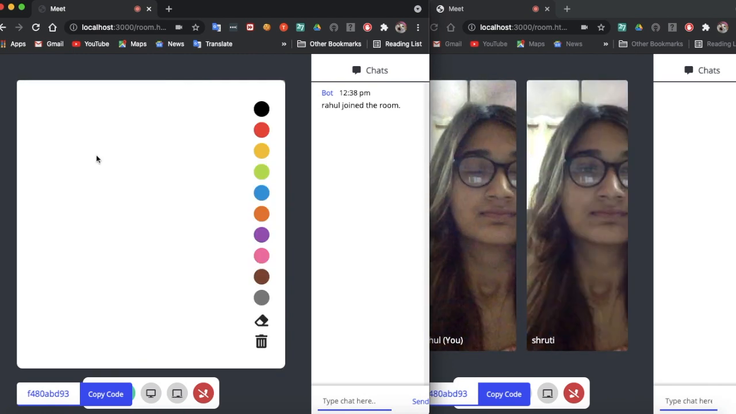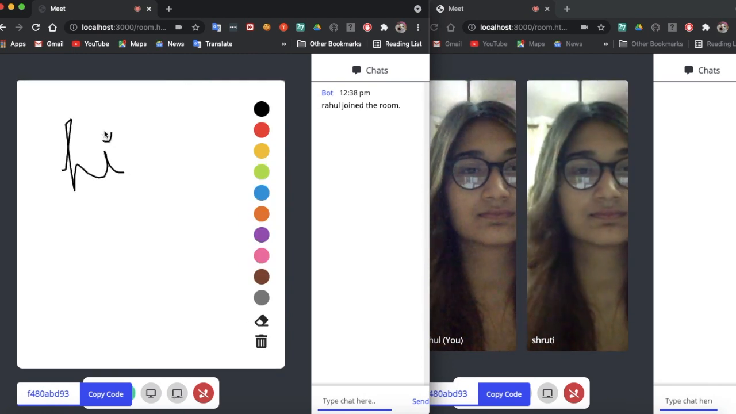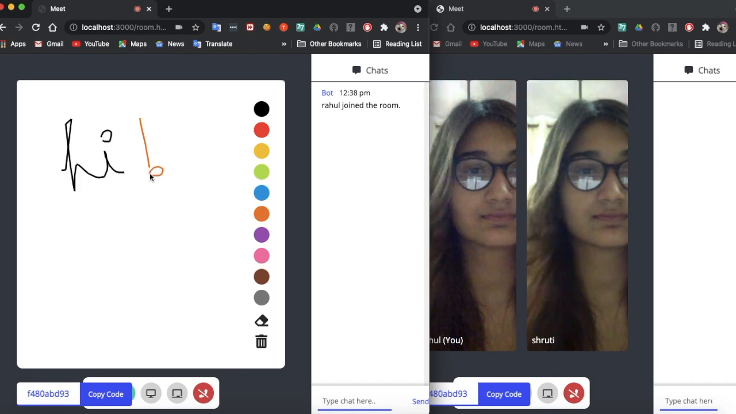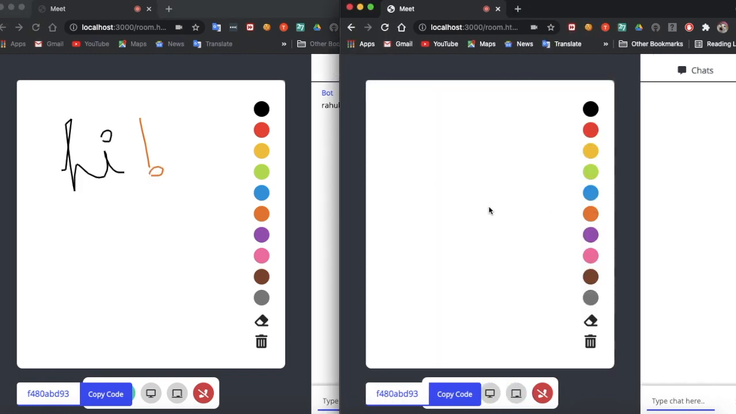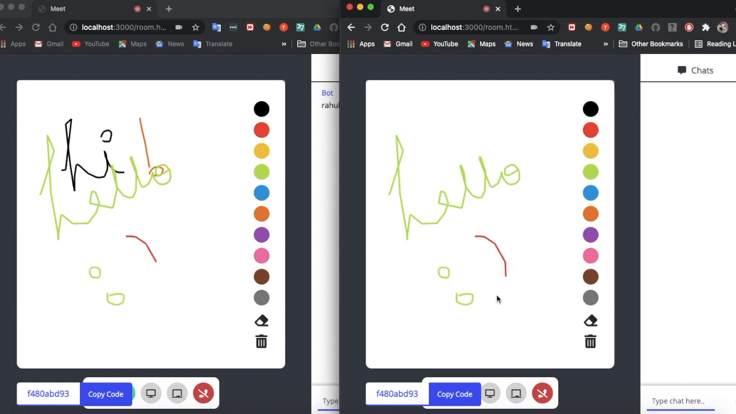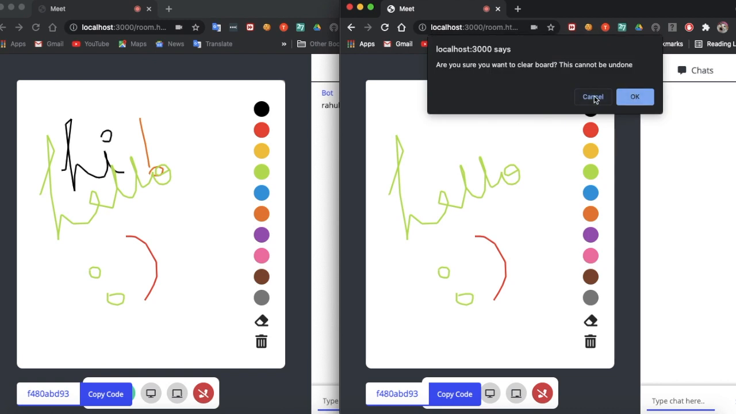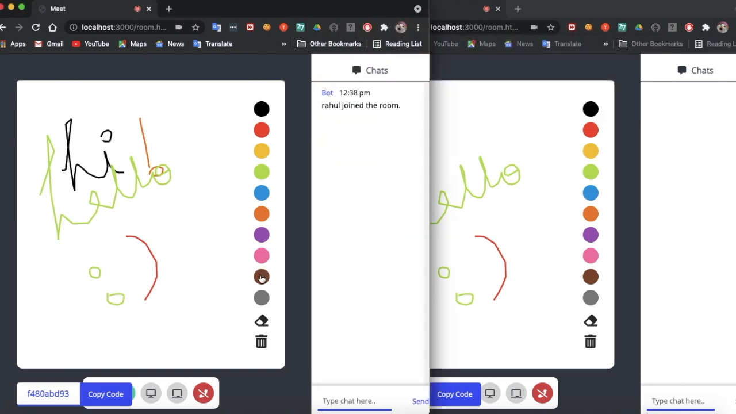A pretty cool feature that I've added is the collaborative whiteboard. I can start up a drawing on this screen and it will show up on the other person's screen as well. Pretty cool, right? Oh, that's a cute smiley face. I can even clear my board to start a new drawing, but I think Shruti has a reply